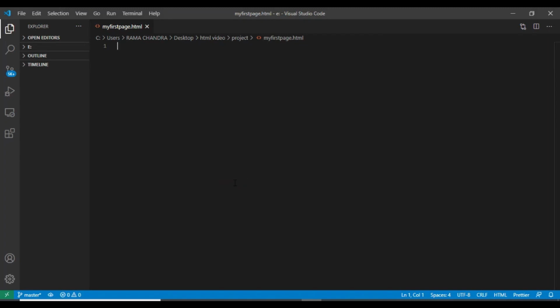The first tag or the first block is HTML.